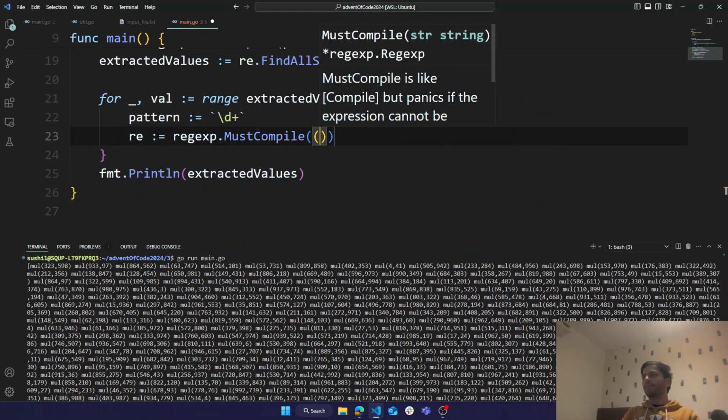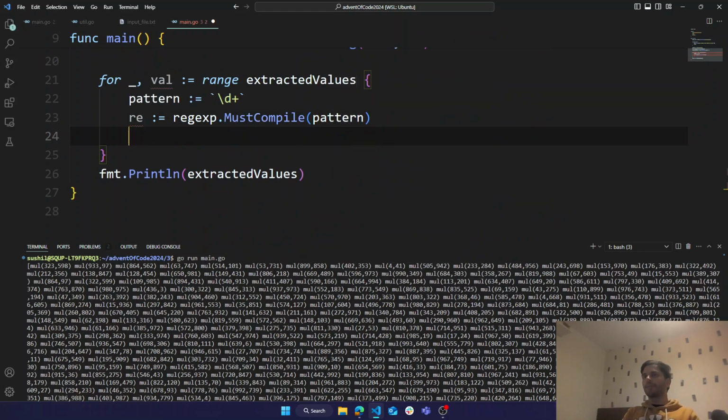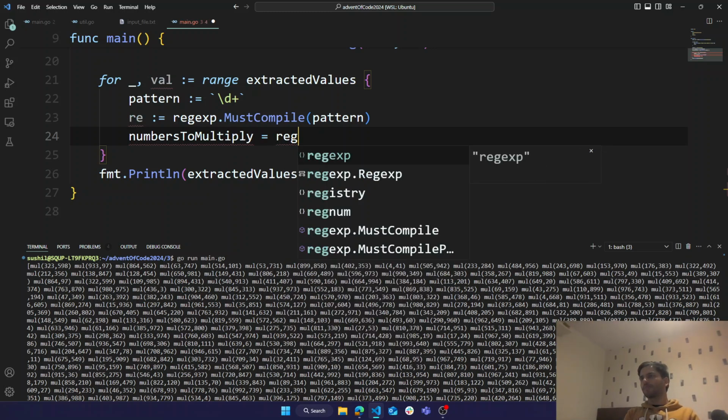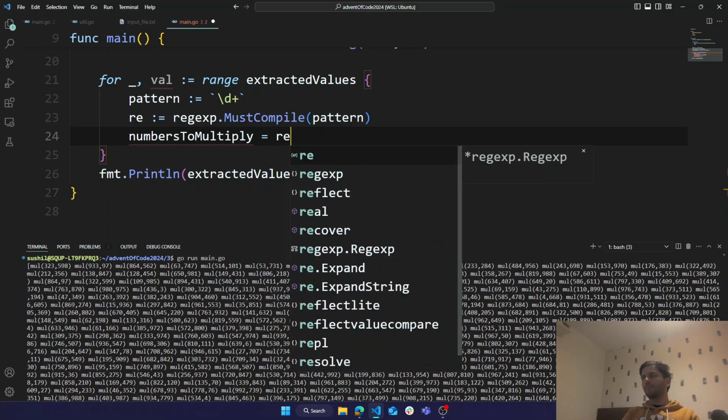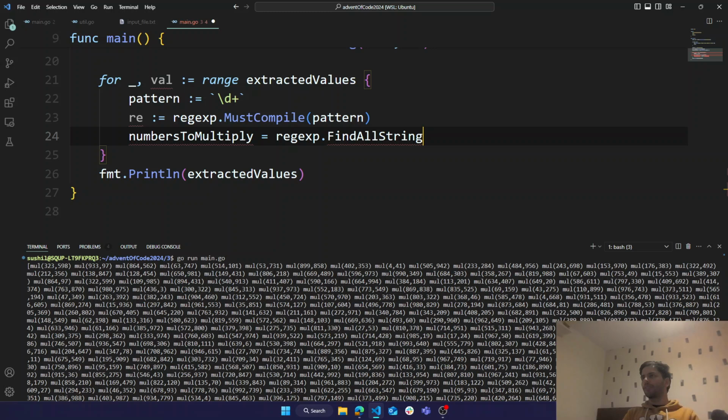So let's say must compile to that pattern, and then we will create, let's call it numbers to multiply, equals to a string.